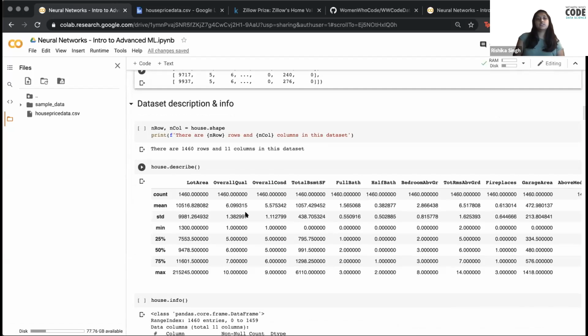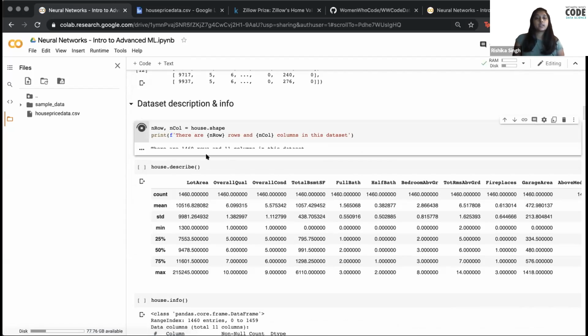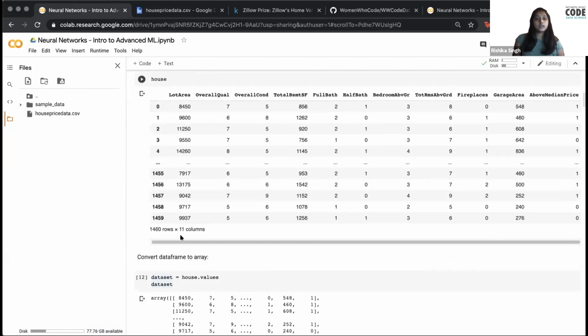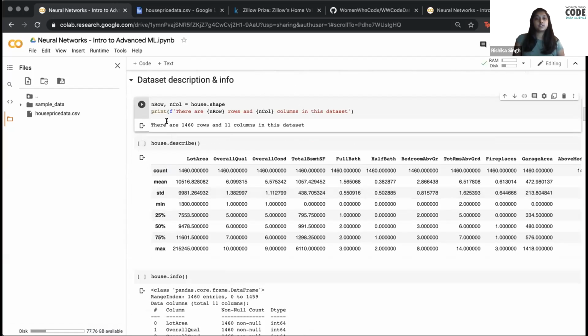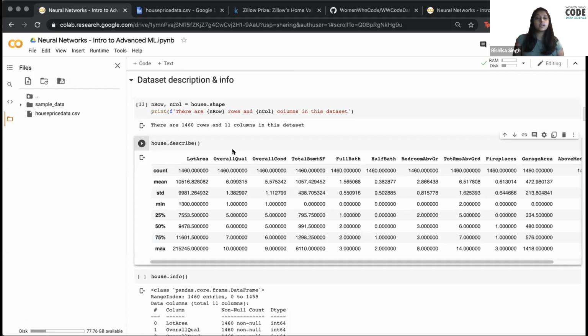And then before getting into any data pre-processing, we actually just want to get some more information on our data set itself. As we have done in past notebooks, we're going to print out the number of rows and columns. We did see this up here, but just to get a readout like this. And then with house.describe, here you can see all of the different columns, and then you can see the count, mean, standard